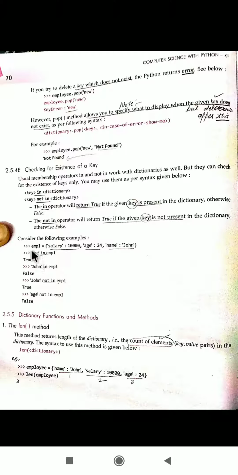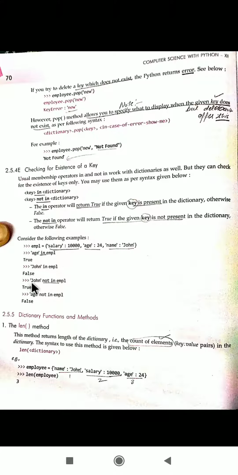Now this is the dictionary EMPL, the employee dictionary. There are three key value pairs. Age in employee dictionary: age is a part. It is searching for the key, mind it very well, it is not searching for the values. If you give a value, like John in employee, it will search only for the keys, so it will return false.